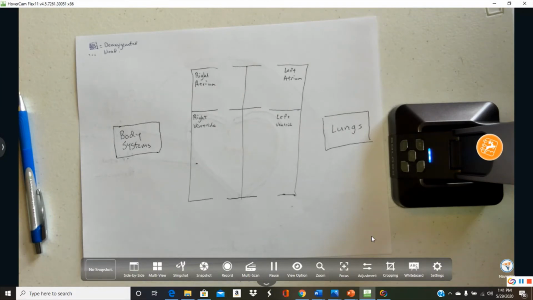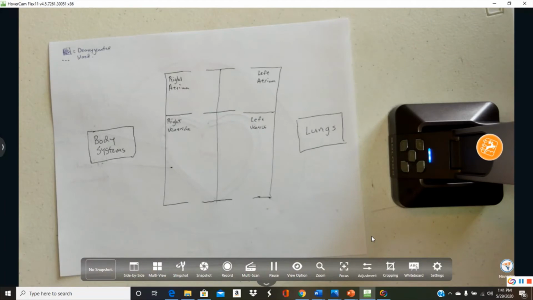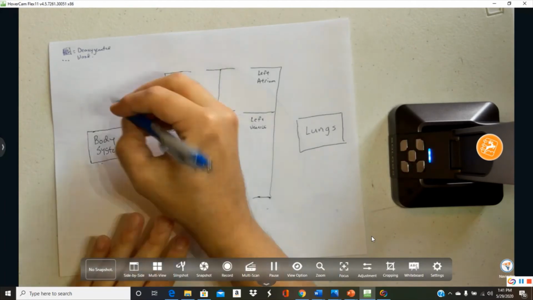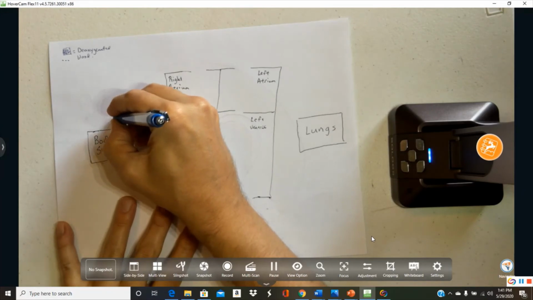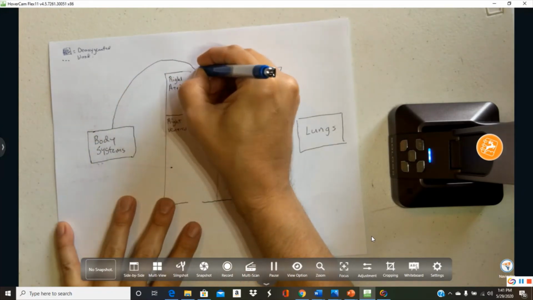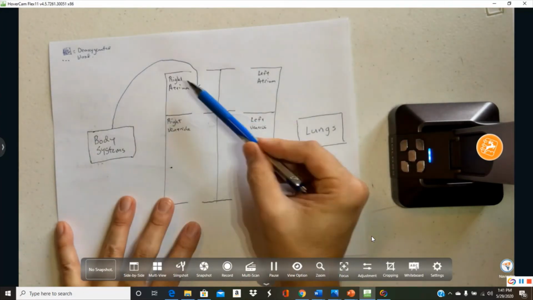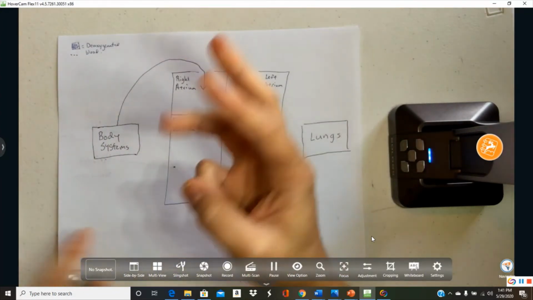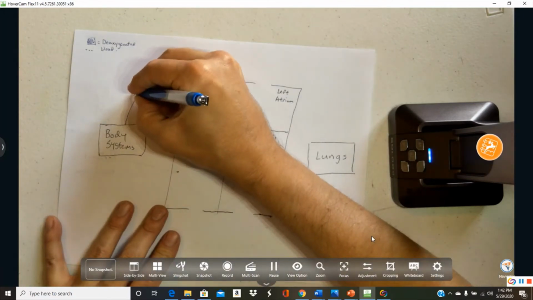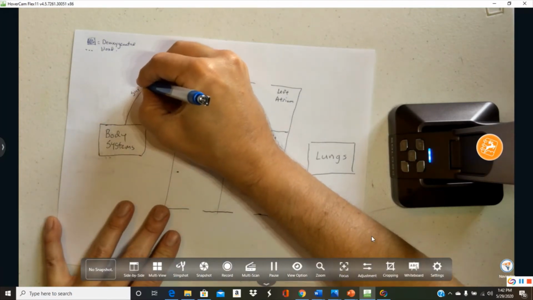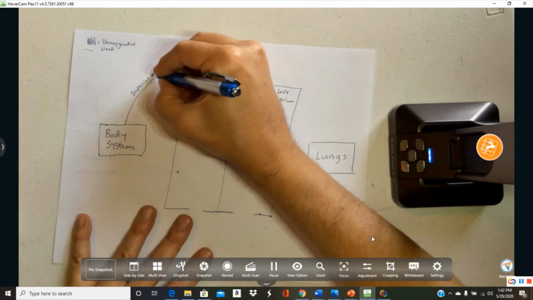Okay, now, what we're then going to do is start off here at the body systems, and we're going to bring some deoxygenated blood, and we're going to bring it to the right atrium. Now, the right atrium receives deoxygenated blood. Now, it gets it from three places. And these three places, the first one is called, we'll write it on top here, is the superior, meaning on top, vena